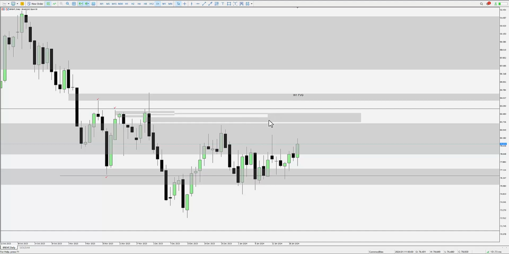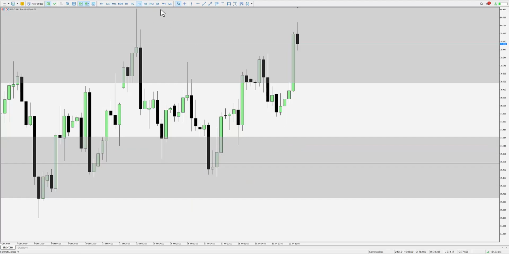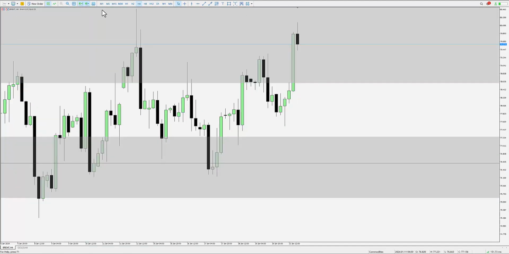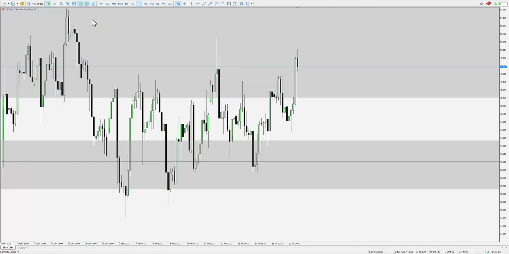So what you need to do on BRENT, once you go to your monthly, weekly, and daily, define your premium areas that you're going to be looking for shorting opportunities. And then when you go to H4, you're just defining your entry levels, right? You're defining your entry levels. Look at that price action. Clearly no